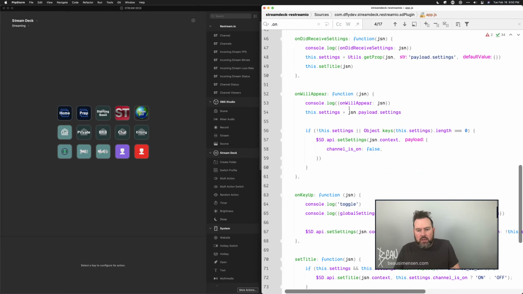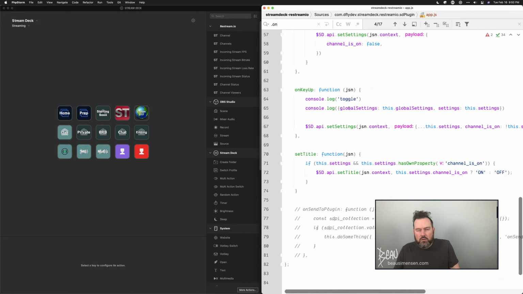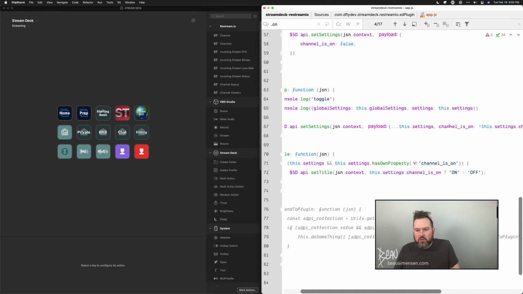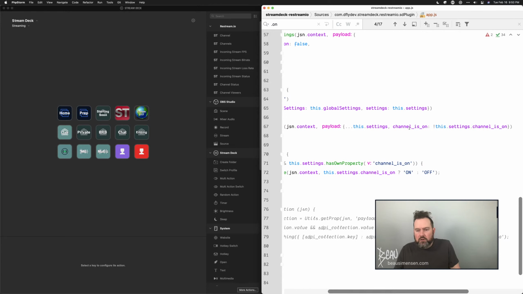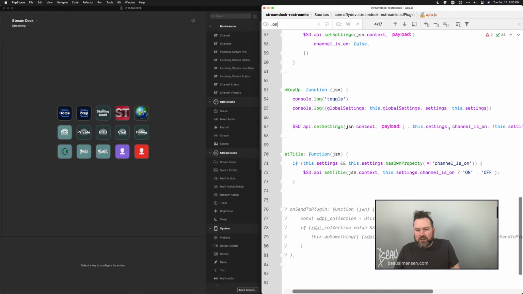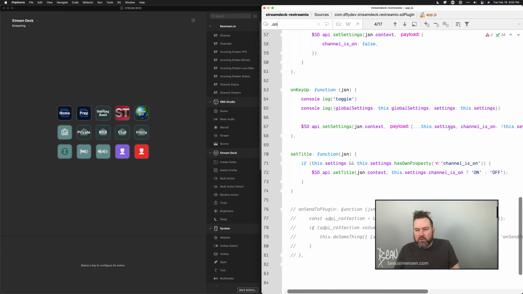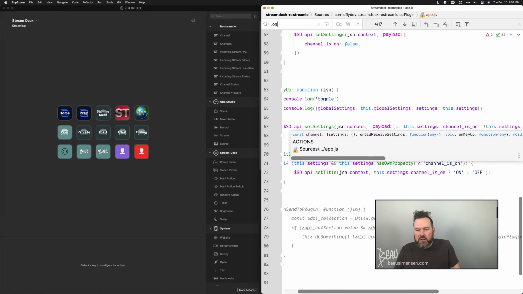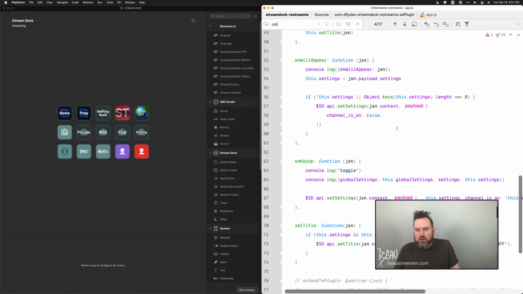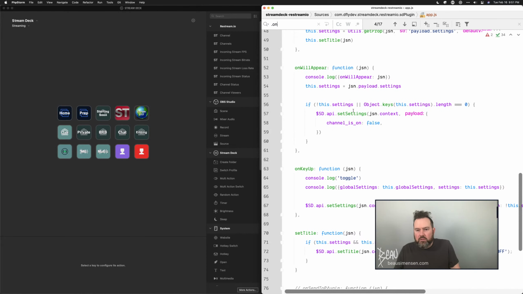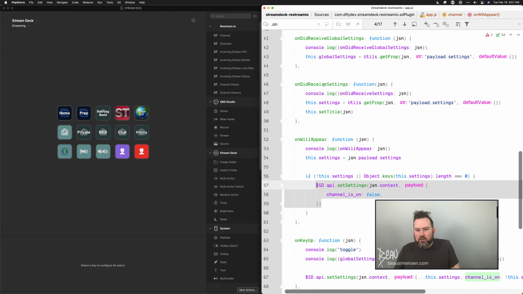So I think key up is going to find this value does not exist. But it's also very clear that this does not appear to be triggering